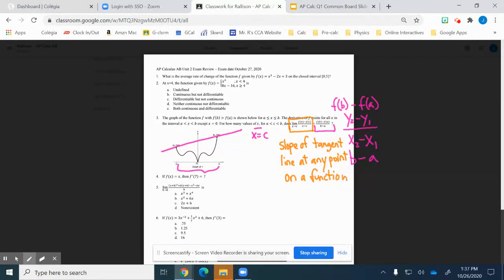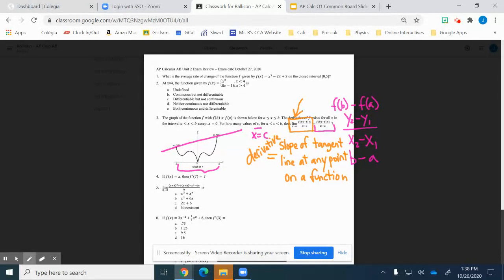Right? That's the derivative gives you that. We'll give you that. Equals is the wrong thing to put there, but you get what I'm saying. The derivative gives you the slope of the tangent line. So if that's the limit definition of the derivative, it's asking how many values of c, in other